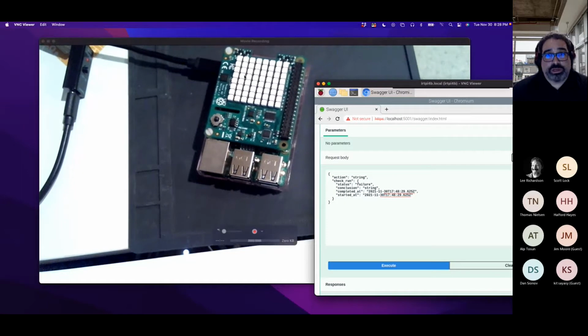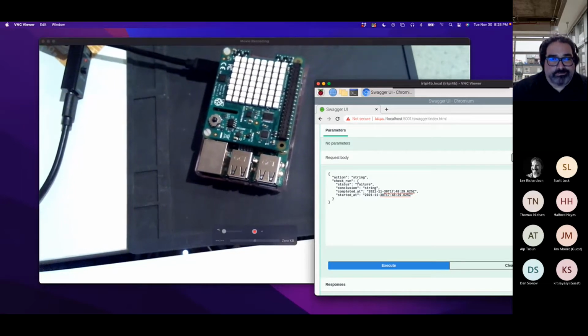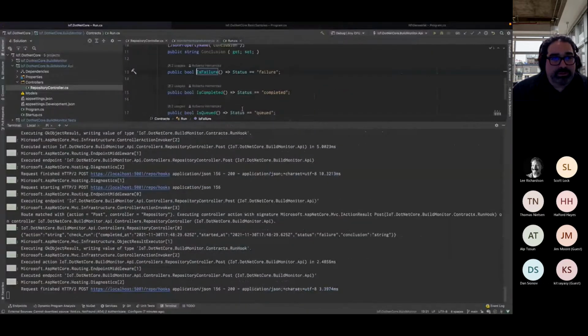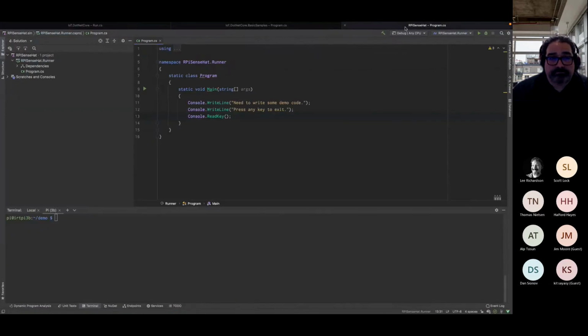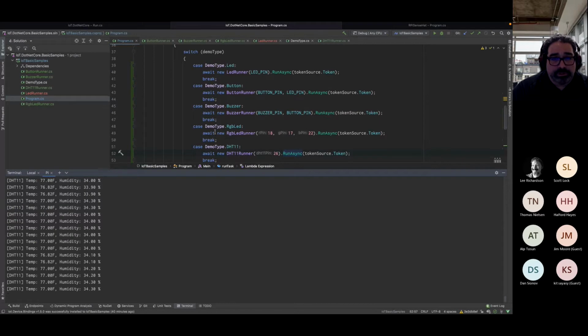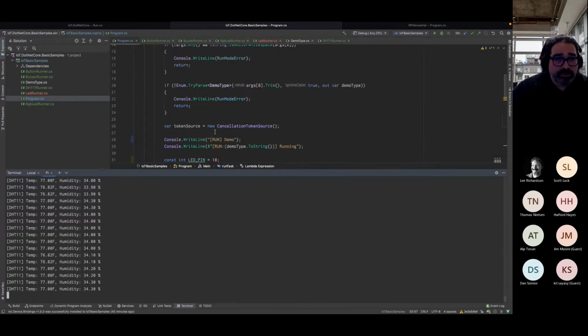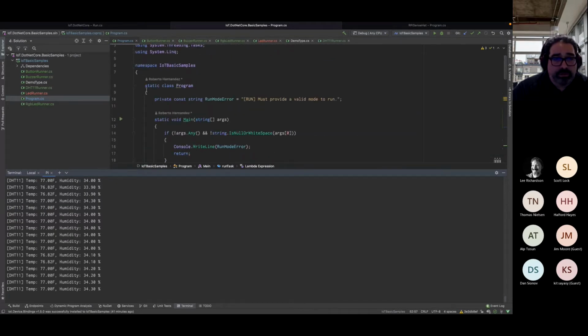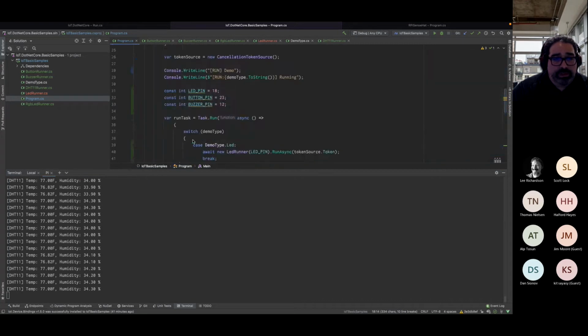So I'm just going to write some code to drive this. Nothing complex. I just want to show you that we can use this as an I2C device and just pass some information to the matrix. So let's see what I have here. And I am going to do this as quickly as possible. I'm just going to steal a little of what we have here. So I'm going to steal this Program class.